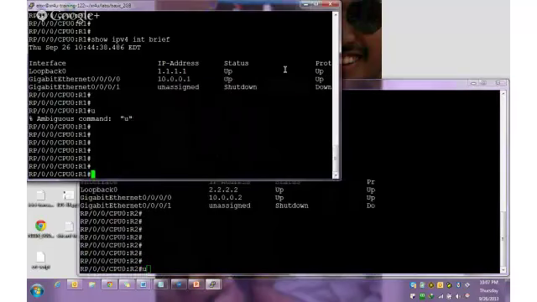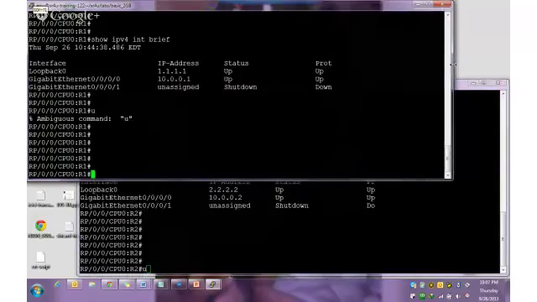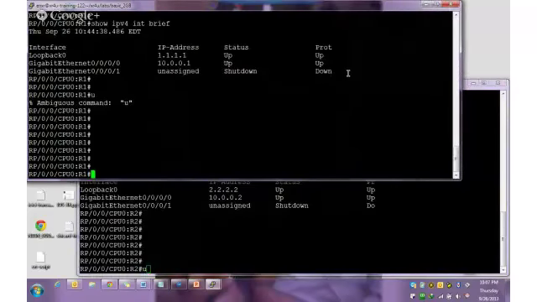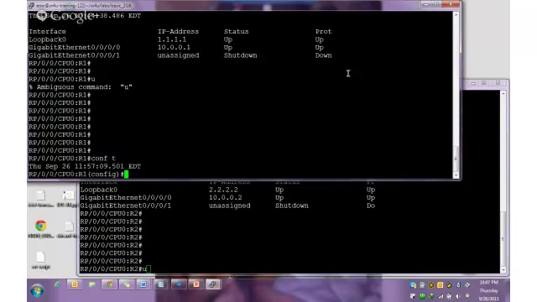Let me just increase the size here so that it is easily visible. Now what we're going to do here is I'm going to show you how exactly we will configure OSPF between these two, how we can monitor that, and then run MPLS on top of it. Let's get cracking then. You get into the configuration mode. Now, like I said, everything goes into the particular protocol's configuration mode. So we want to do OSPF,